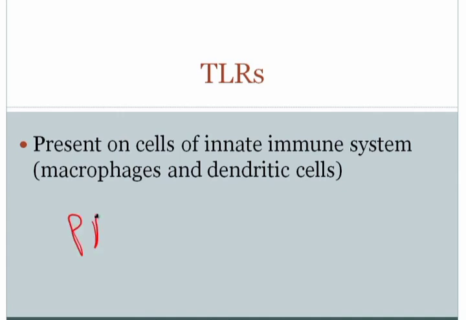PAMPs, pathogen-associated molecular patterns. These are patterns of molecules that are commonly present on pathogens. And the toll-like receptors recognize these general patterns, and when they see this pattern, that lets the body know that there is an invader present within the body, and that turns on the acute inflammatory response in this